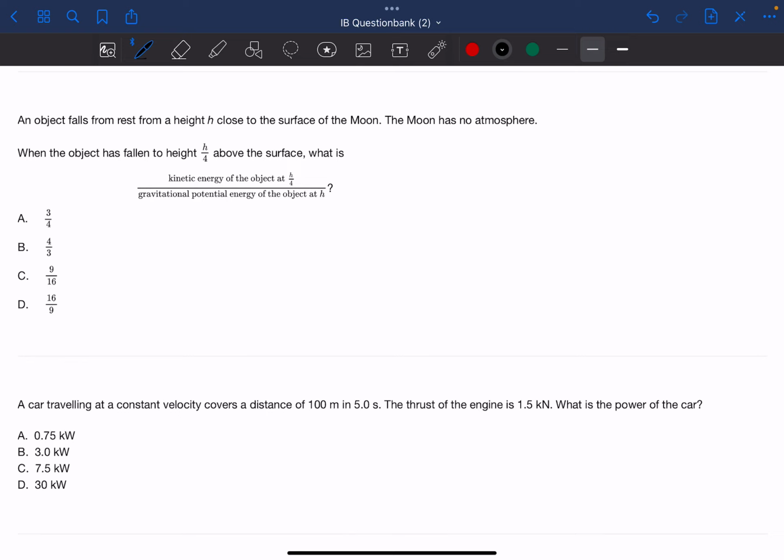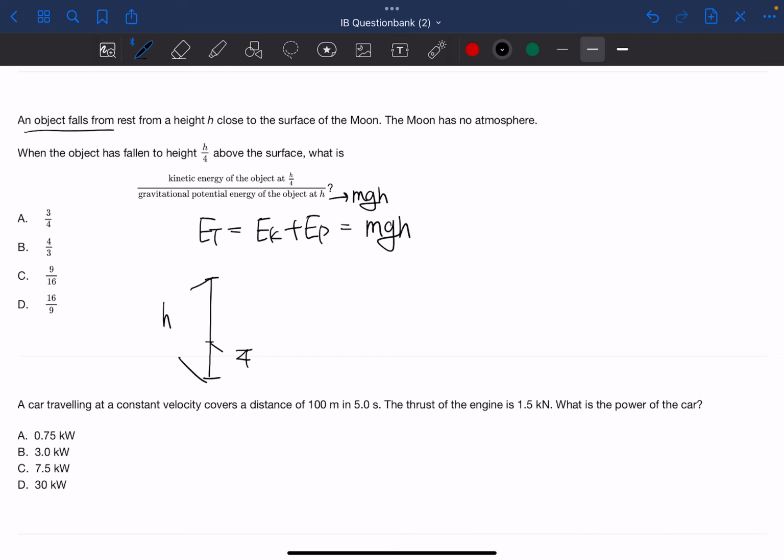An object falls from rest from a height h. So the initial total energy is Ek plus Ep, but as the initial velocity is 0, the kinetic energy would also be 0. So this would be equal to mgh, which is this mgh. And here's h,